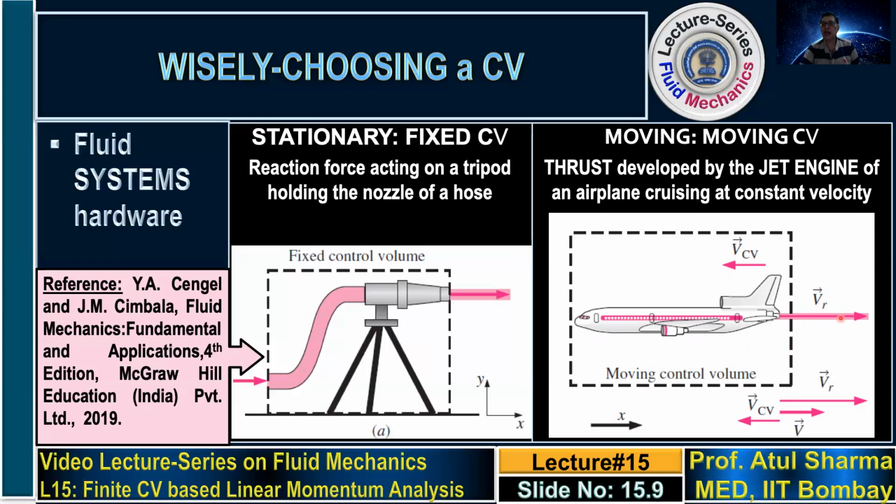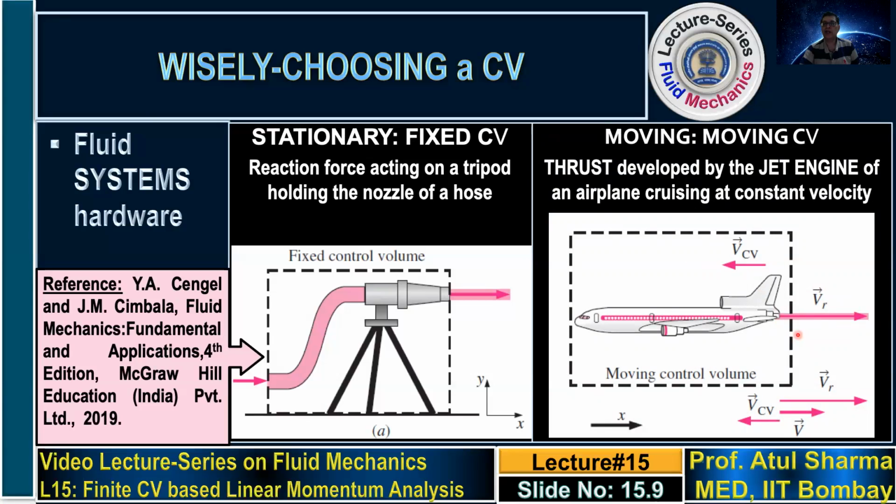rate leaving, you have to calculate the mass flow rate, as well as multiply by the velocity in the x direction. So both these velocities, the one for the mass flow rate and the u velocity that we'll be considering, will be relative velocities. The relative velocity is given by the absolute velocity, which is in the positive x direction, in this case 500 km per hour, minus the velocity of the control volume. The velocity of the control volume is in the negative x direction, so it is minus 300. So 500 plus 300 finally gives 800 km per hour,